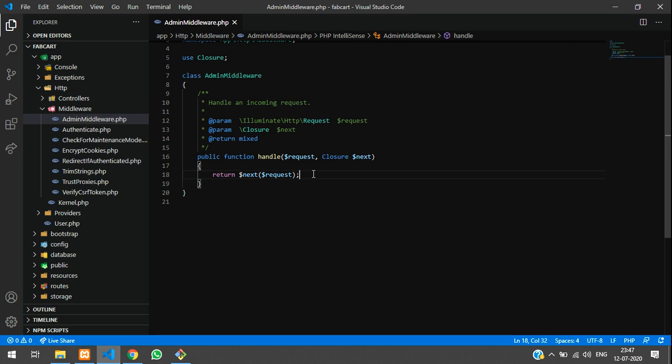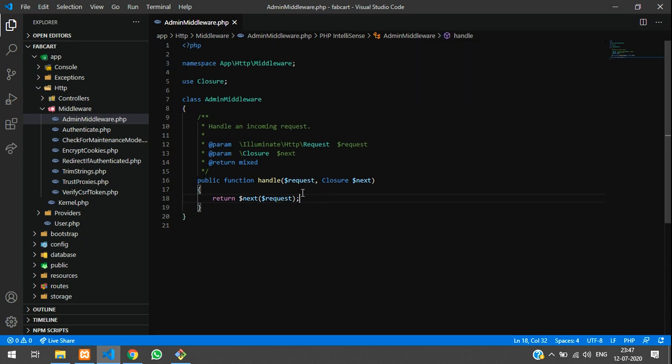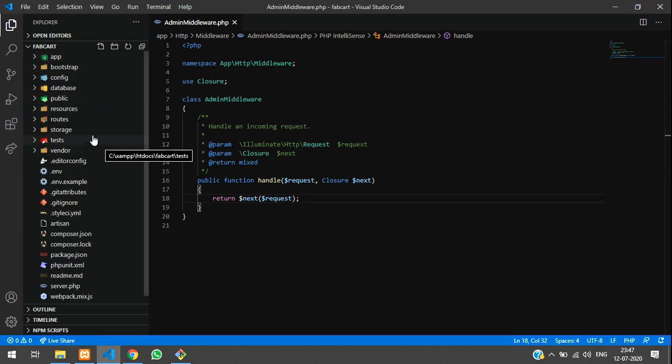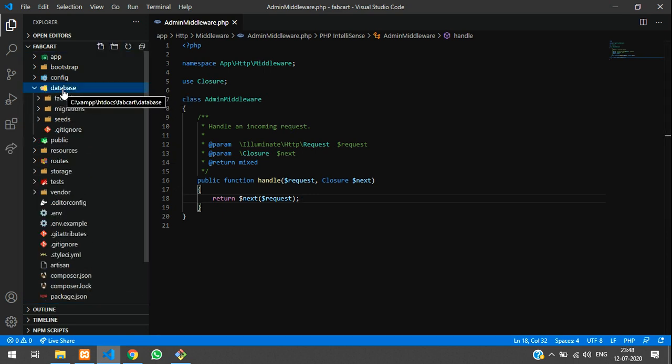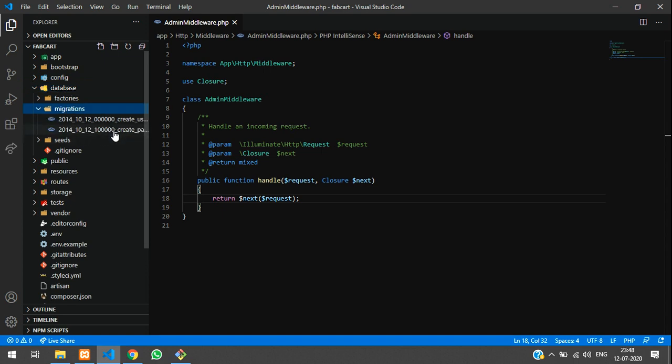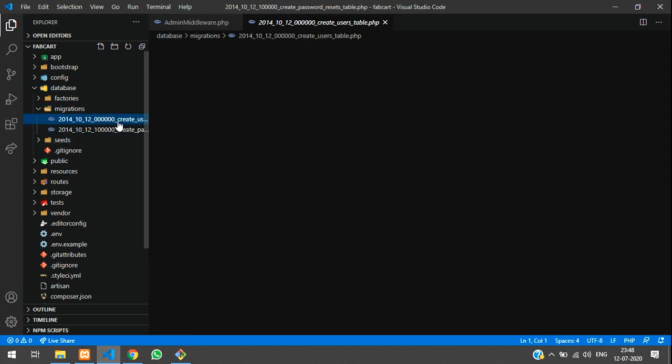So guys, before doing any command or coding, we will first check from where this middleware role should be provided. For that, we have to go to our database and change some things. Before going to the database, we will go inside our application, database, migration, and go to our user table.